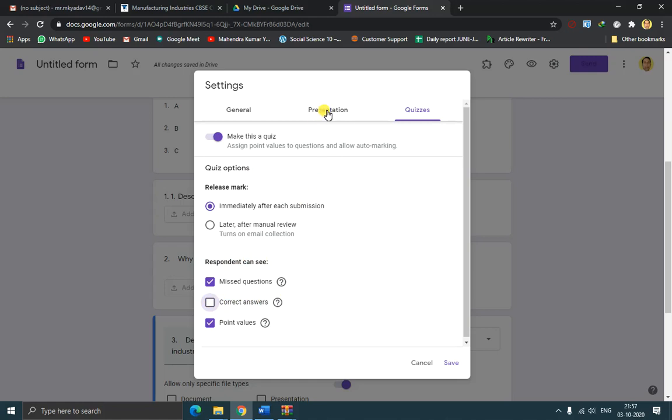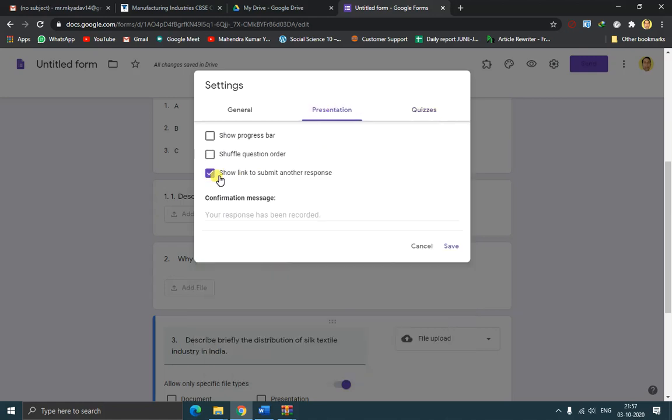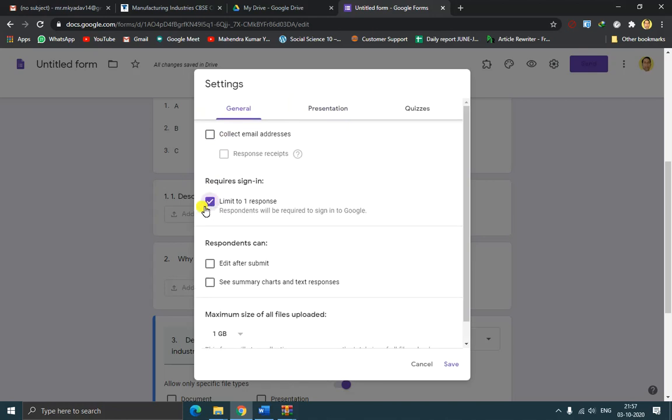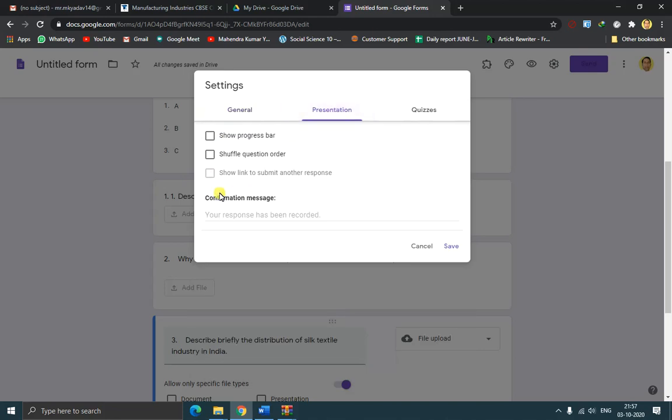Then go to the presentation part, show link to submit another response. Either you uncheck it from here, or in this general category, limit to one response, you can check it. As soon as you check it here, this will automatically be removed from there.